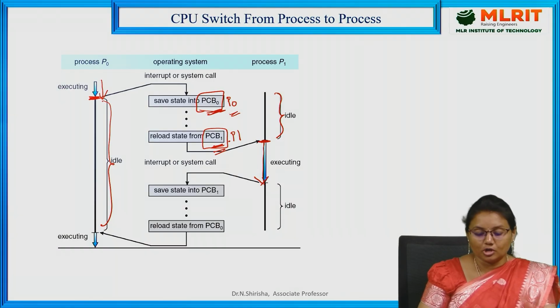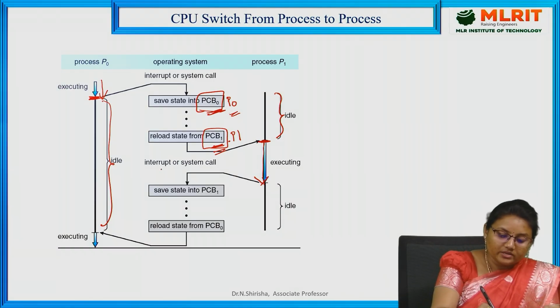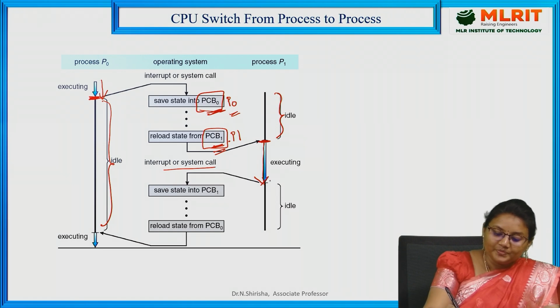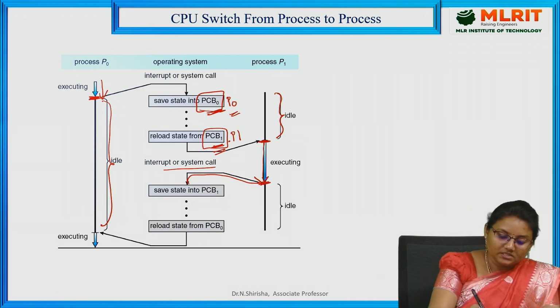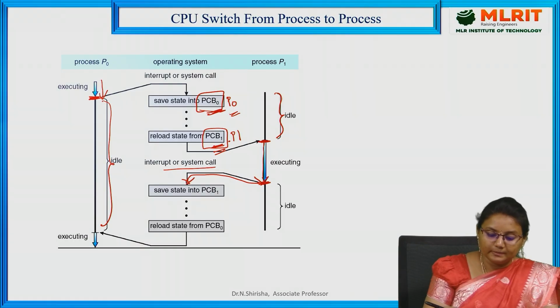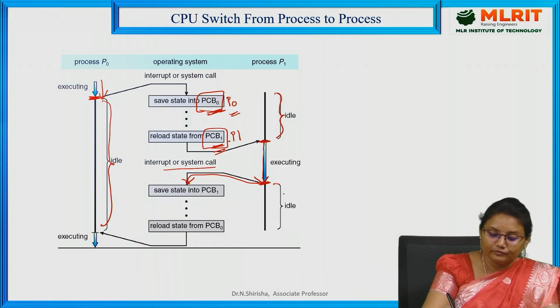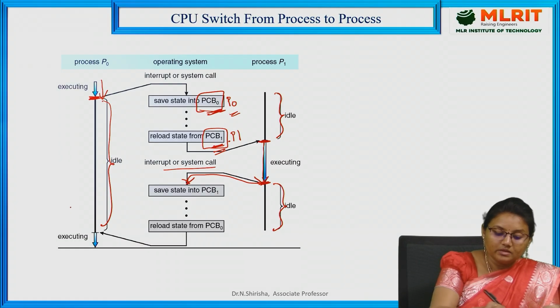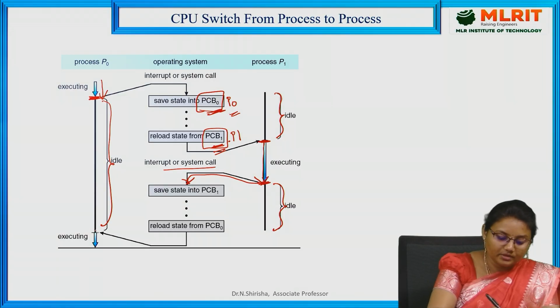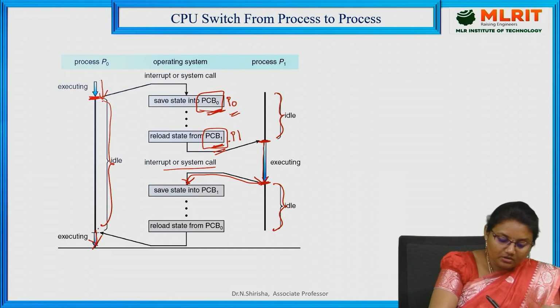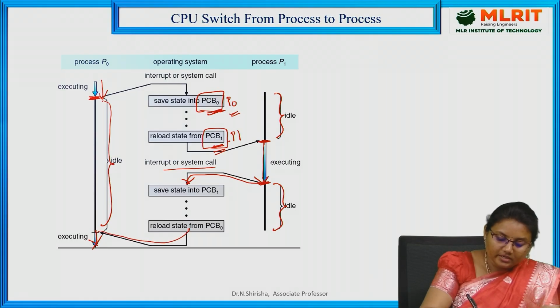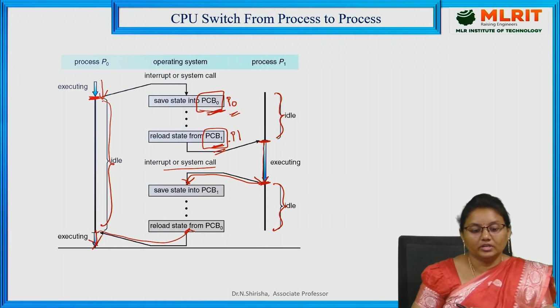and P1 processes. So when you get an interrupt or a system call, your execution is again halted or preempted, and this again saves the state into PCB1, and therefore it becomes idle. Now any other process can execute here. After a particular time, again P0 is trying to execute. When P0 is trying to execute, you are reloading the state into PCB0, its own process